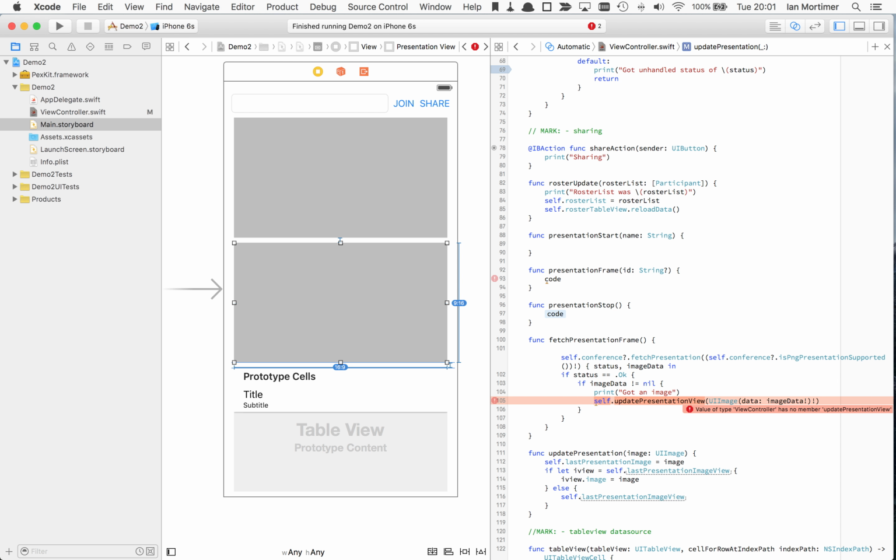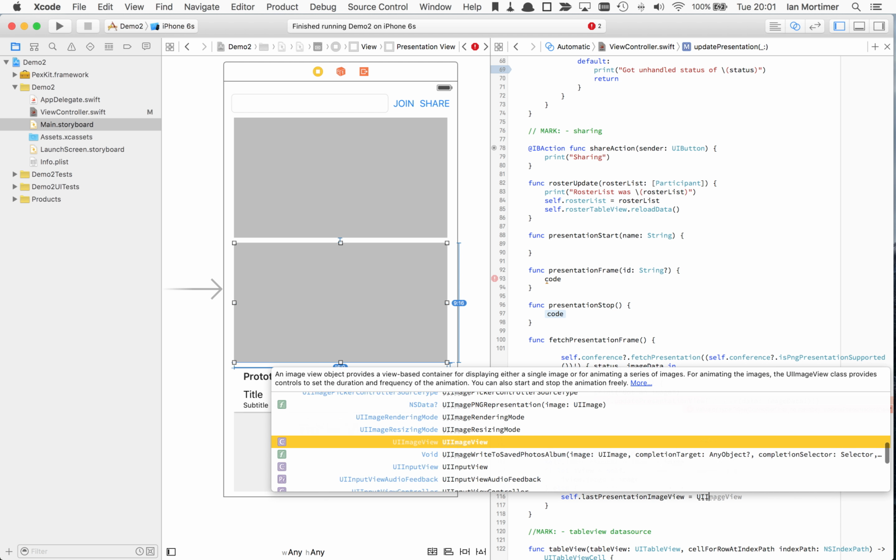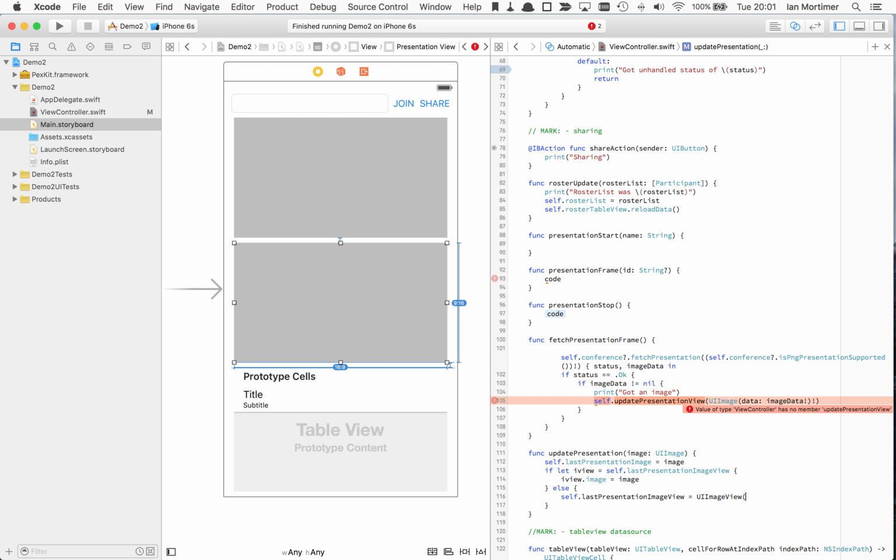So the last presentation image view, this is a new UI image view created with an image. Now, one thing to note is when this image is sent back, it's actually sending back the full sized image from the MCU, which is typically a 1080p PNG or JPEG image. This will be too large to display natively on the iPhone screen,